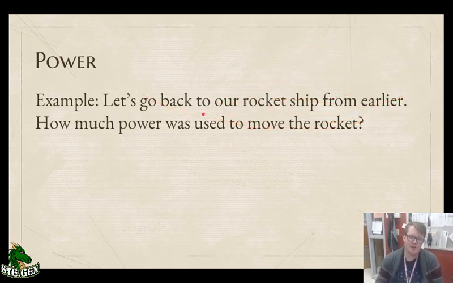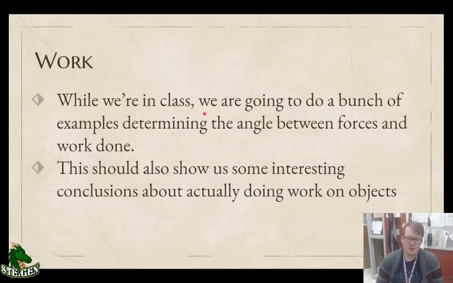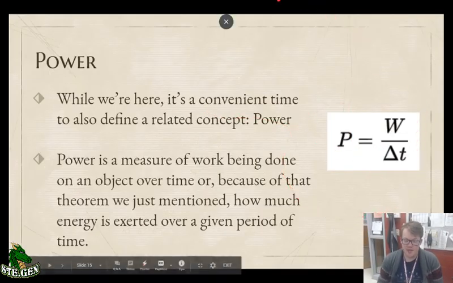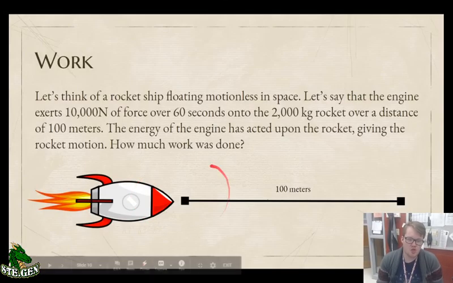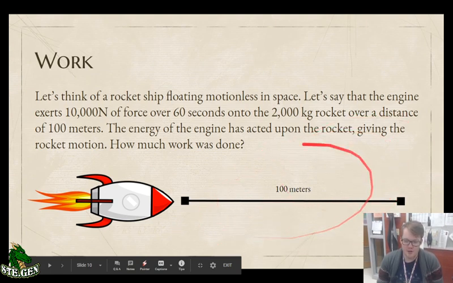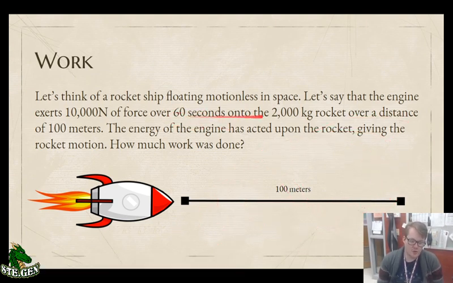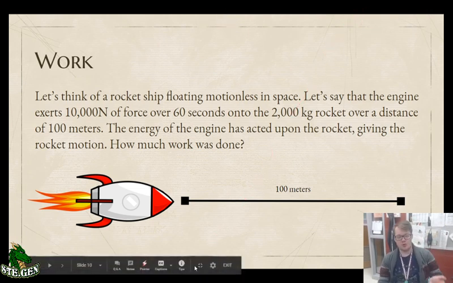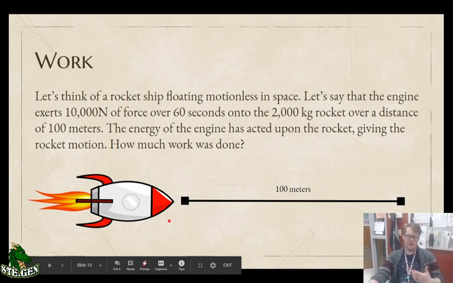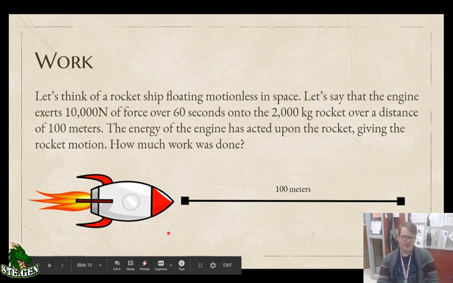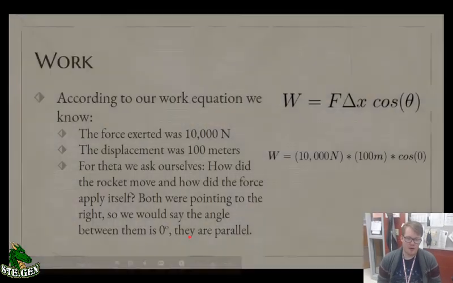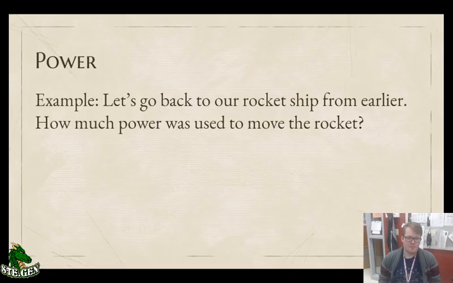An example of this that I can show the work for, but it's really straightforward. If we go back to our rocket ship from earlier, we could ask how much power is used to move the rocket. Well, power, like it says right here, is just work divided by time. And if I go back to my rocket ship picture, we calculated that it was approximately 1,000,000 joules, or 1 times 10 to the 6th joules, was our answer to our calculation. But it says it takes 60 seconds. So if we were to do 1 times 10 to the 6th divided by 60, we would end up with 1.67 times 10 to the 4th joules per second. That's joules of energy every second being released or used. And so that unit, again, joules per second, would be watts. There are 1.67 times 10 to the 4th watts of power that are used to move that rocket ship.